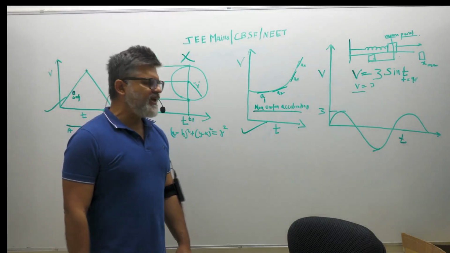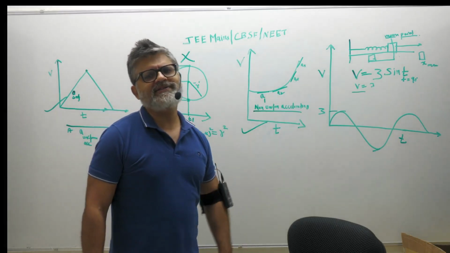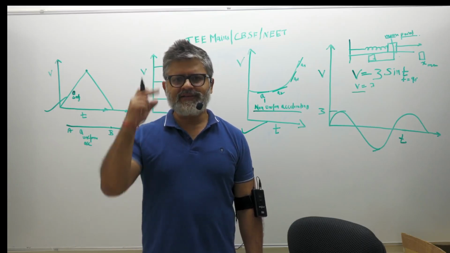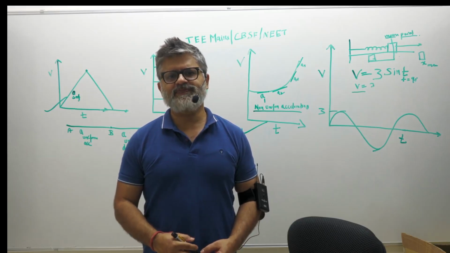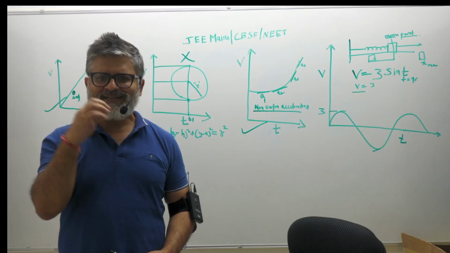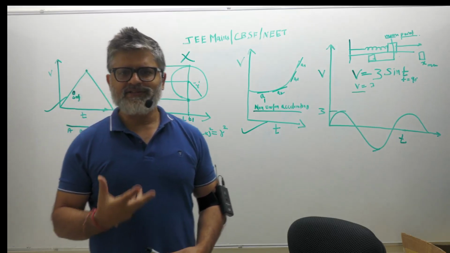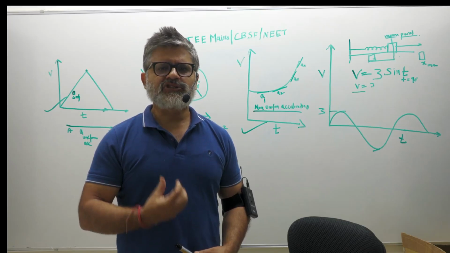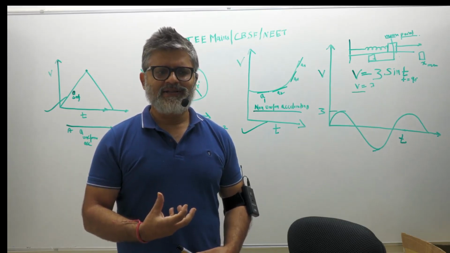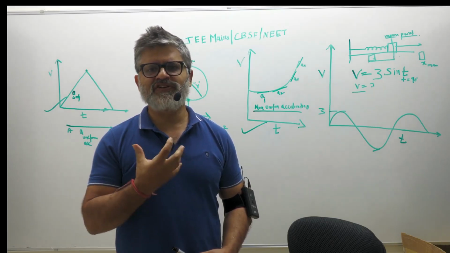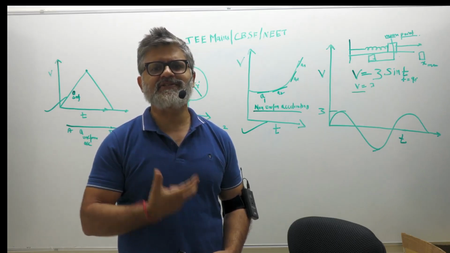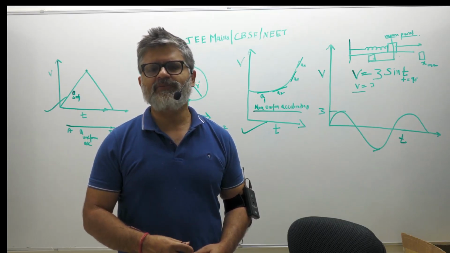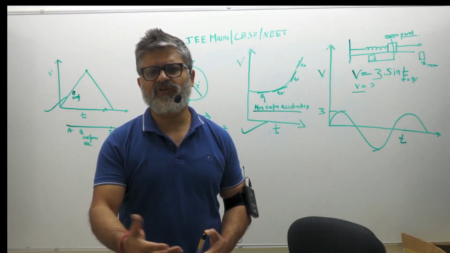Although my intuition initially told me this is wrong, I still wanted to analyze each one of them for your benefit, because unless the physics is explained, it is not going to enter your mind. Explanation is the key to physics. The detail, why this is happening, is the reason you are able to learn physics. And then, of course, what you need to do is solve numericals to practice the concepts you have built. The first step is to understand the explanations and concepts, and then apply them through practice, so that you're able to retain them properly. That's very important. And then appear for a test, for example.